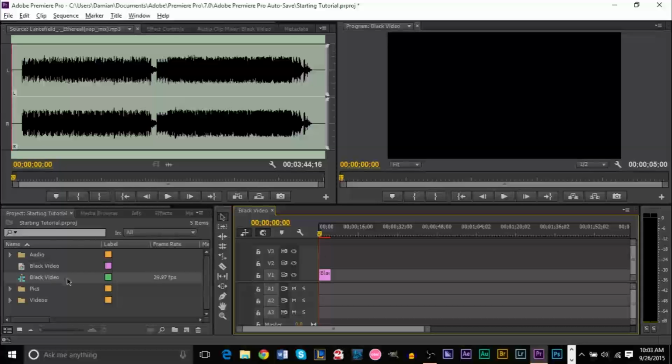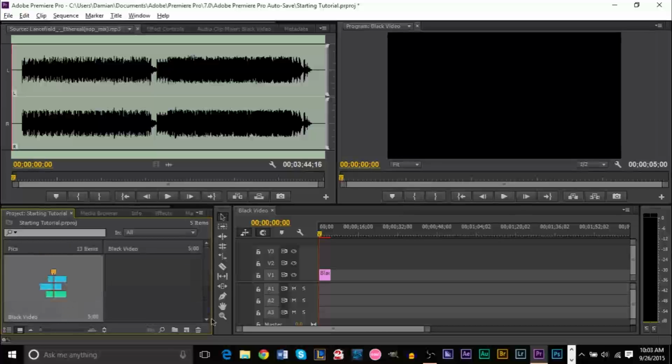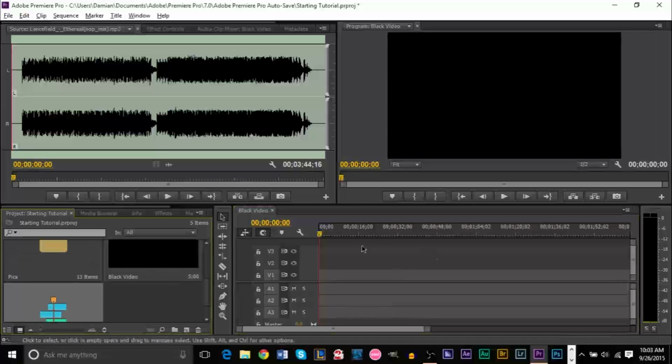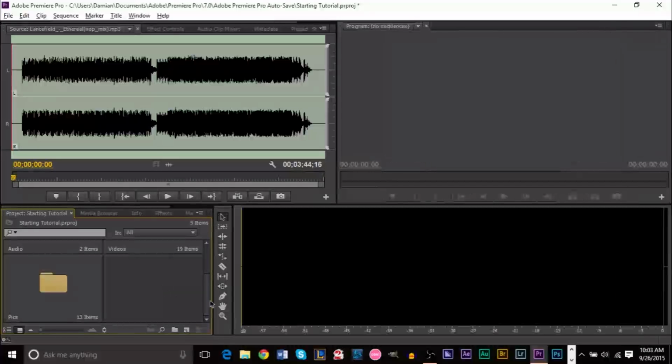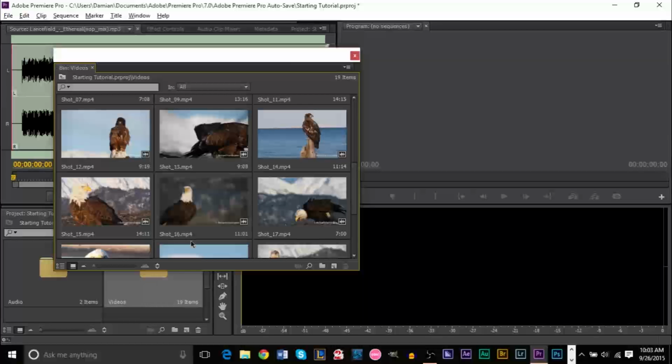And here's the sequence. If we go to icon view again, you'll see that this little icon basically shows that it's a sequence. And then you can just click the black video right here and delete it again. And you basically have a 1920 by 1080 sequence here. However, if you don't want to do that, and ignore this right now, it's black because I just deleted a sequence. Another way to do it is if you have video,